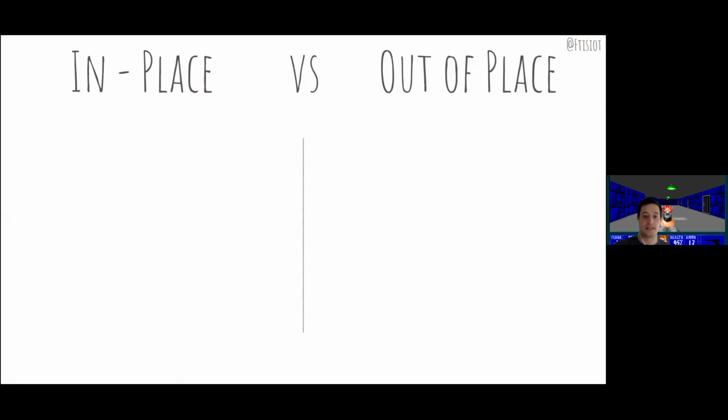So I've been saying in place or out of place, what those two mean. Well, in place means that you are installing OAS on top of OBIEE. Out of place, you are installing OAS alongside the existing OBIEE. Let's see the pros and the cons of each solution. First of all, if you do an in place, you keep all the security settings. So for example, if you had an external identity provider, all the settings are still there for you.